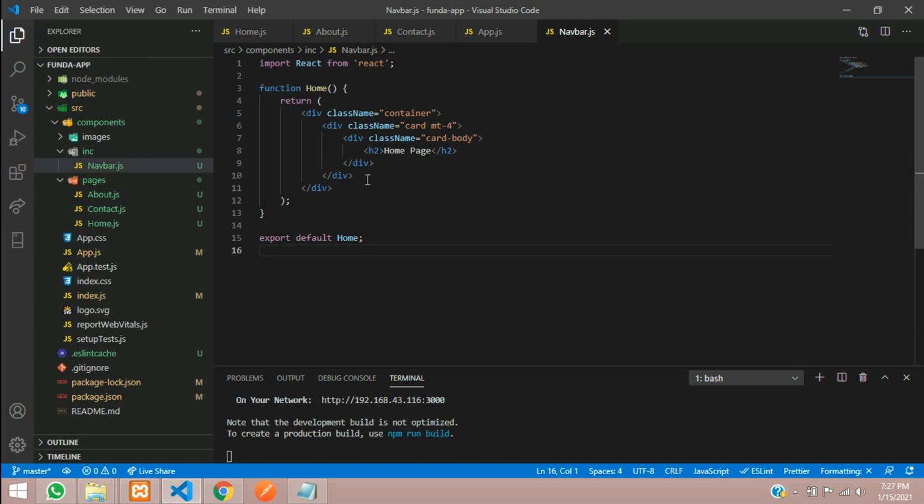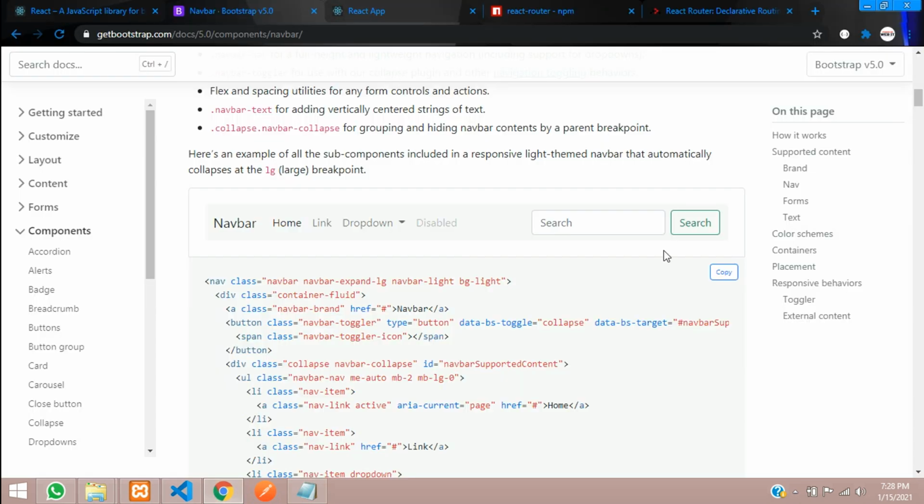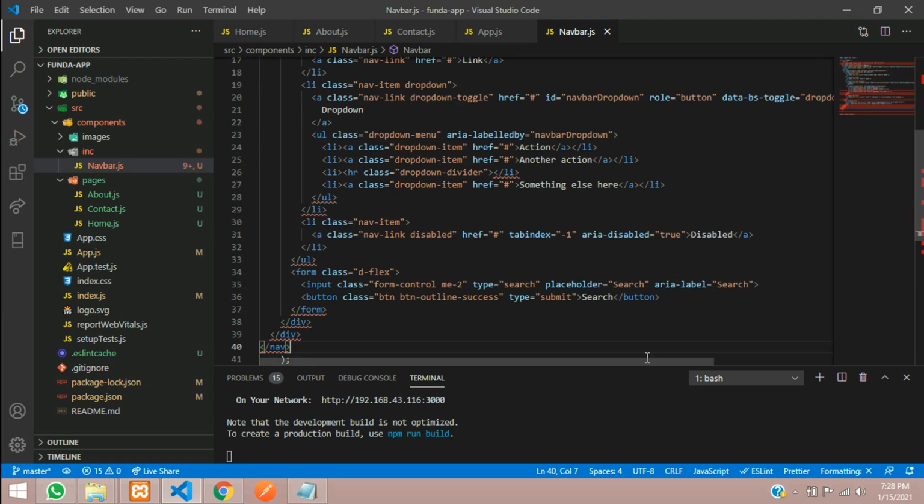Okay, so copy and paste, Control A, C and V. So now we have to create that function called Navbar, and we have to export this with the default Navbar. Done. Over here you are going to change to your thing. So what is that thing? It is nothing but your navbar which you copied just now. So let me copy once again, and now we will paste it. So let me close this.